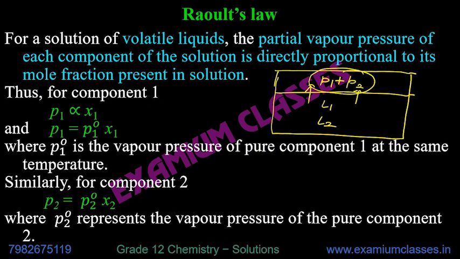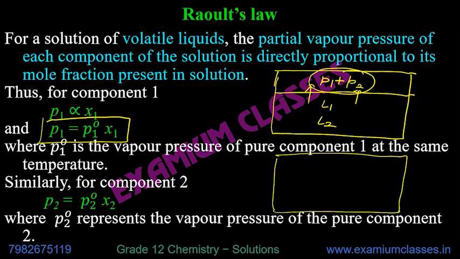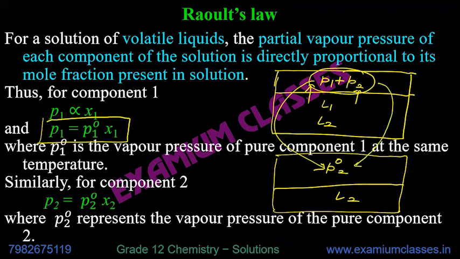But Raoult said that P1 can be given by P1 naught X1. It means if in this container you have only L1, then whatever pressure is created, that will be P1 naught. If you have only L2, then whatever vapor pressure is created, that is P2 naught. So Raoult interrelated these pressures, P1 with P1 naught and P2 with P2 naught,